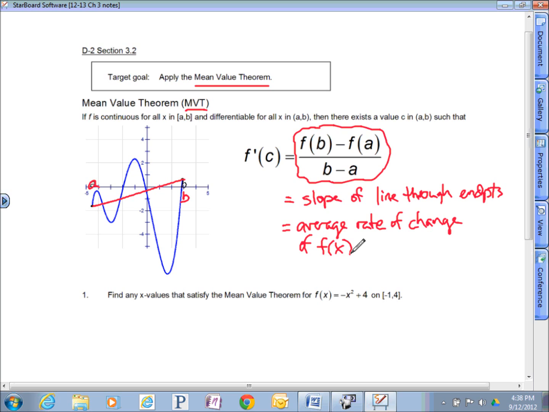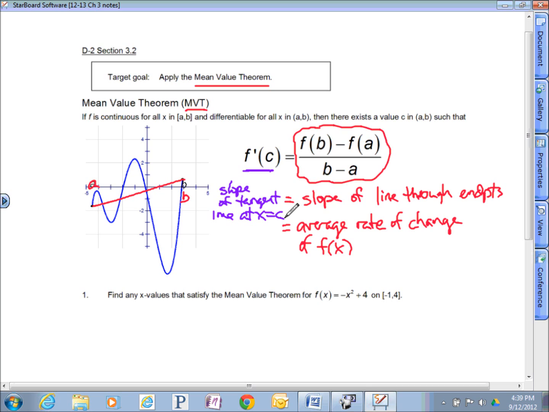Well then, what does this other thing mean? What does f prime of c stand for? F prime of c, well, let's see. That would be the slope of the tangent line at x equals c. So what this mean value theorem says, first off, you've got to have a function, and